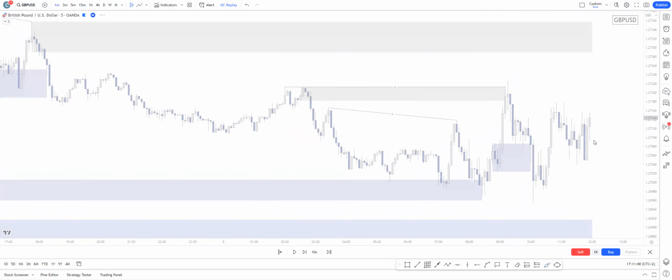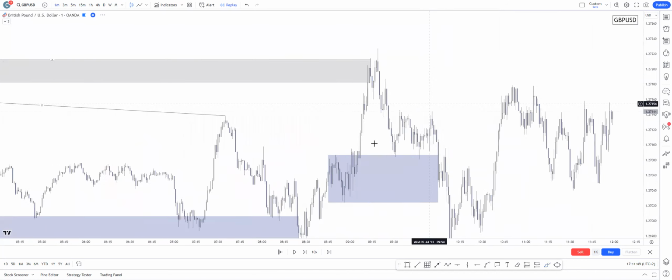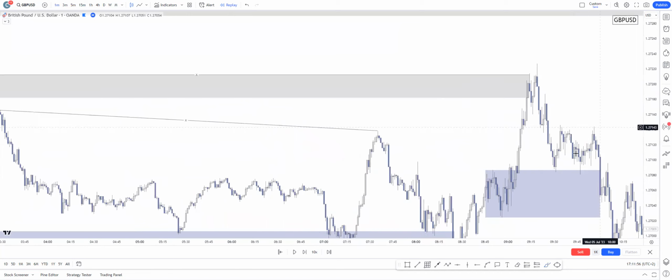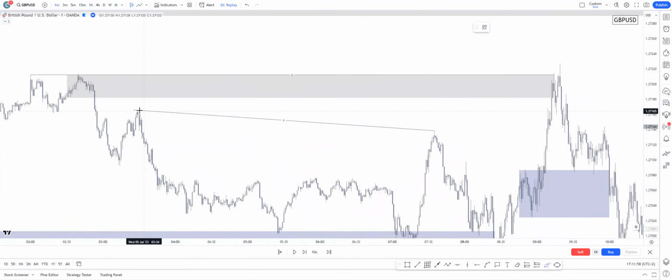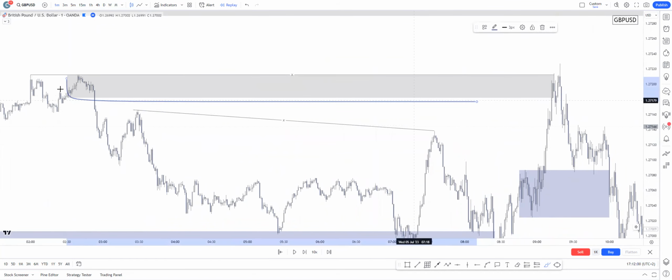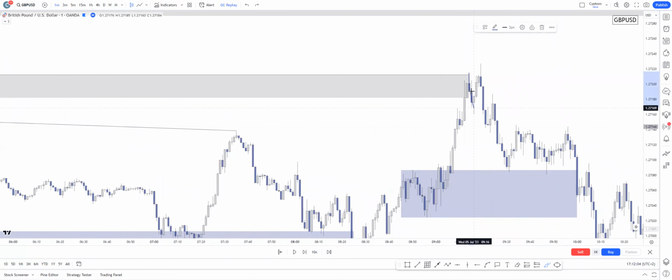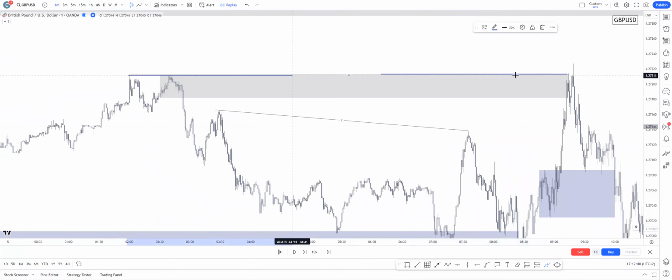but on the 1-minute time frame after session open, so session opened with this candle right here, somewhere around here, price has swept all of this liquidity into the supply area, and with the first touch and the first full zone mitigation, price has printed a literally perfect triple top above the supply area.